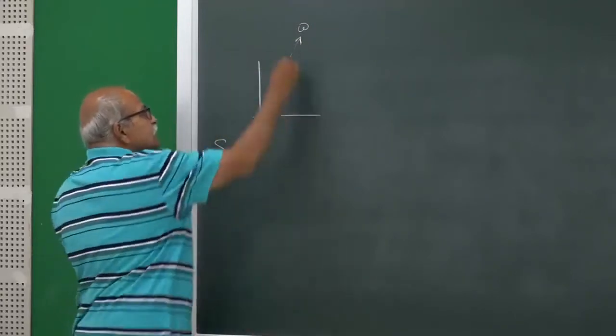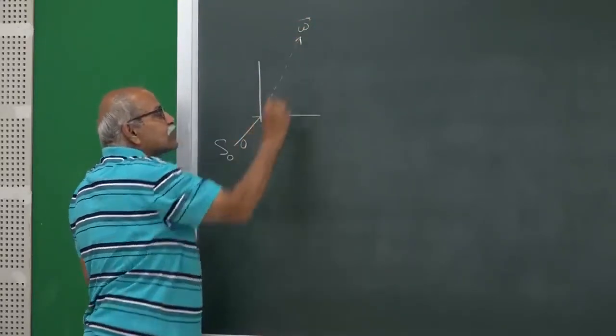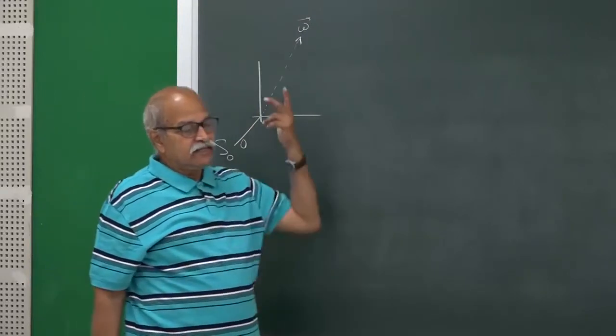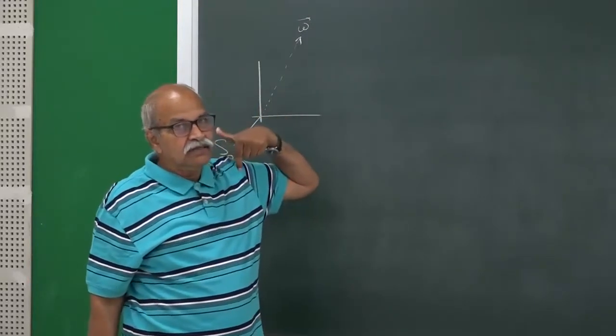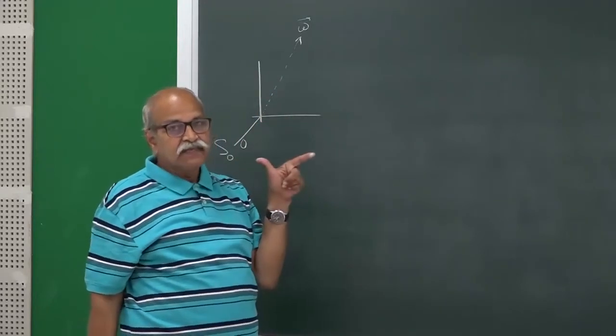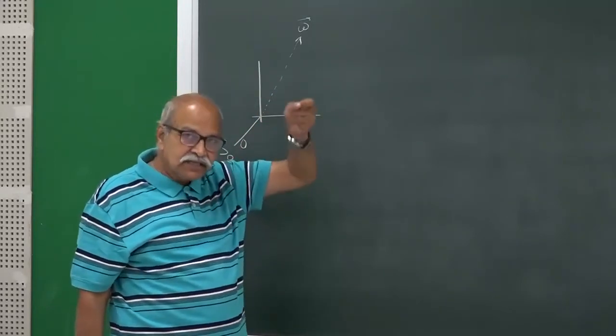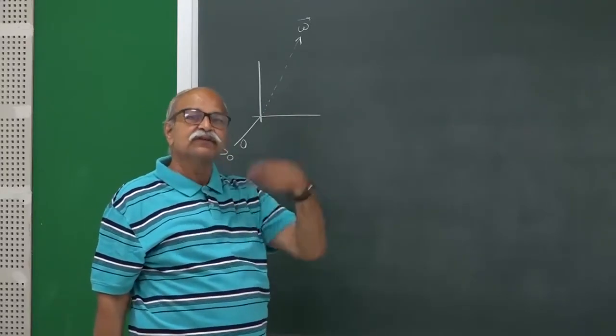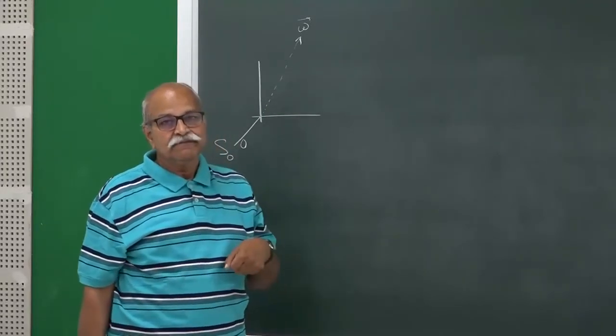And angular velocity we wrote as a vector, and the meaning is that this vector is along the axis of rotation of the frame, and then the direction on that axis, whether this way or that way, depends on